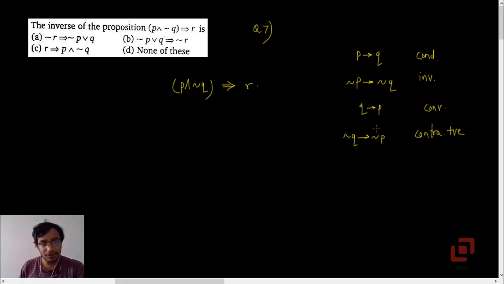Now they are asking the inverse of this proposition, so what will it be? For the inverse, you should take the negation of the first, and you should also take the negation of the second. Because the conditional is not commutative, that is, P implies Q is not necessarily equivalent to Q implies P, we know that options A and C are not going to be the right options because they don't have negation R as the second proposition. So it is either B or none of these.